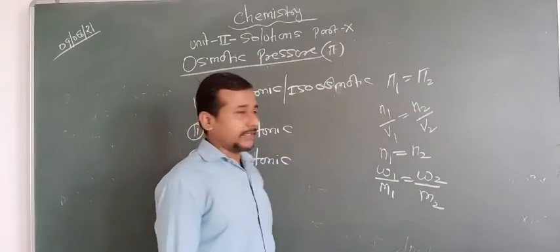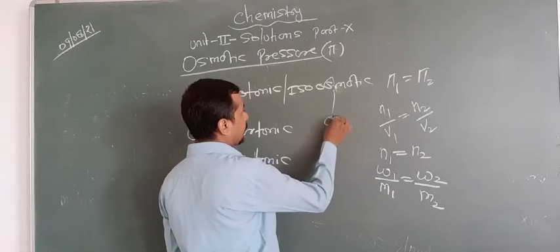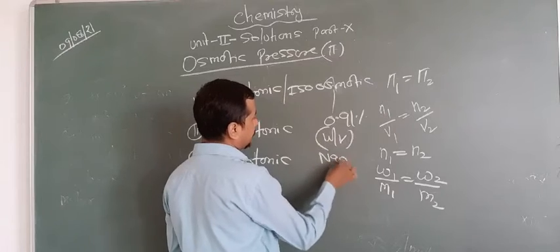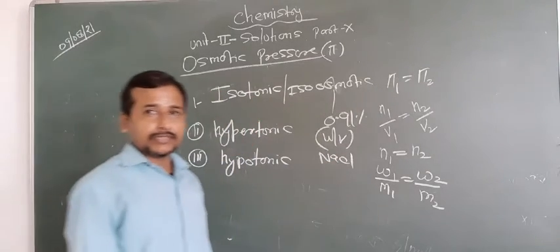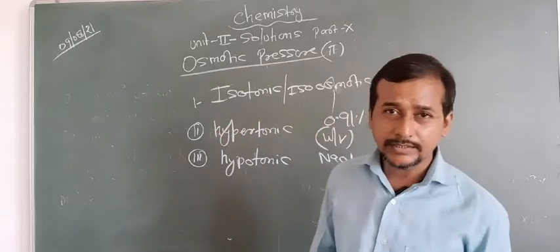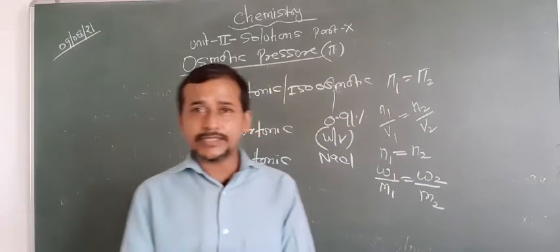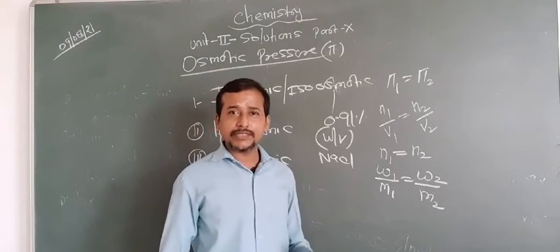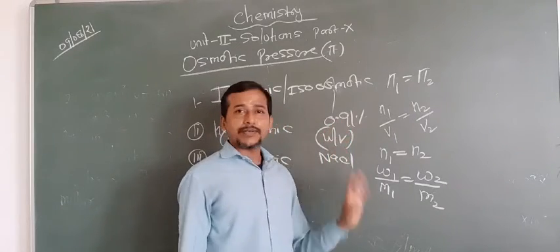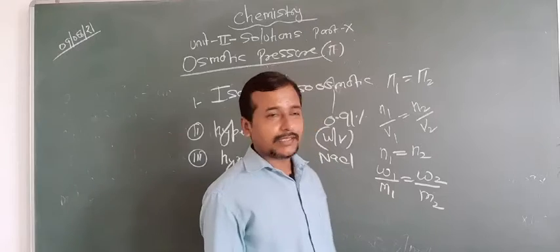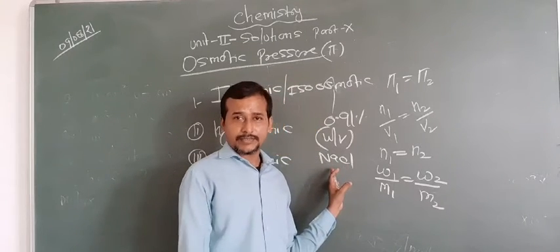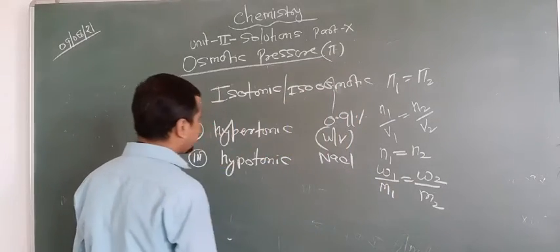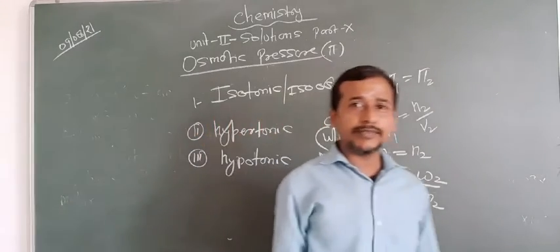So these are about isotonic. A general example is 0.91% W by volume NaCl solution. This is isotonic with the blood. So the normal saline solution, which we inject into the veins, the drips that are given to the veins, that means normal saline solutions, contain 0.91% weight by volume NaCl, and this is isotonic with the blood. So that's why nothing happens to the body. Okay. Now what happens with the hypertonic? So these are about isotonic. So isotonic means same concentration.